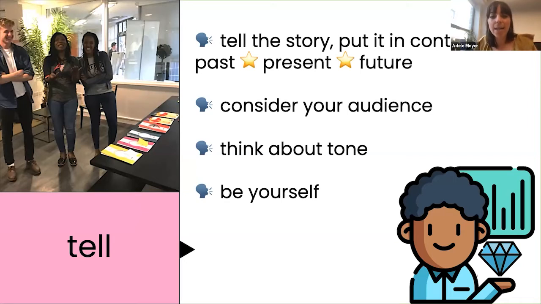Tell the story, tell them the reason for the business idea and why it's special. You also want to consider who your audience is. Some of you might even want to ask them questions like, are any of you a vegetarian? Or where do you work? That might help you to understand if somebody is a part of your customer segment. It also helps you to learn a little bit more about them so that you know what they need you to explain to them, right?